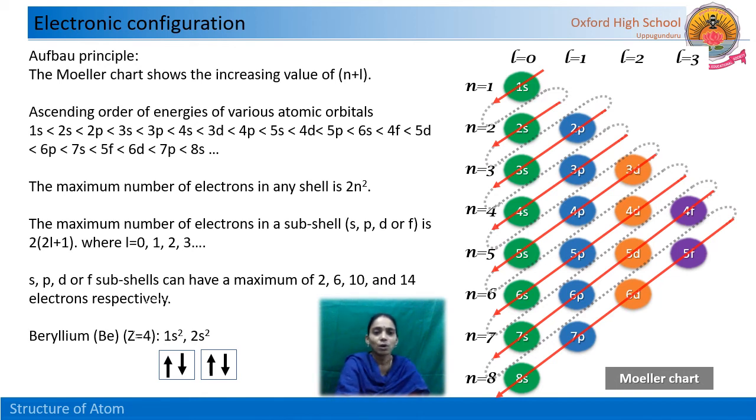So this is the increasing, or ascending, order of the energies of the various atomic orbitals. And these are the maximum numbers of electrons in each of s, p, d, f. How many are there? For example, p means p6. So that is the maximum number of electrons. How do we have to fill? This is the order. All this information gives us the Aufbau principle.